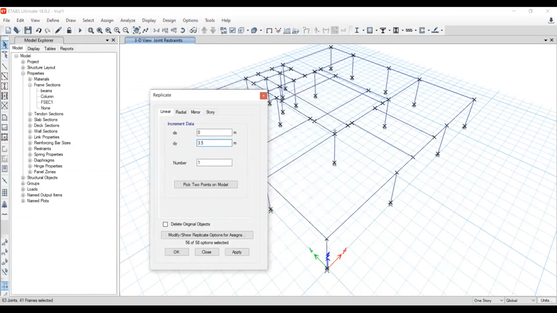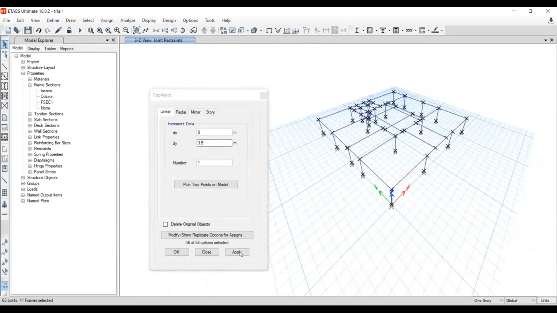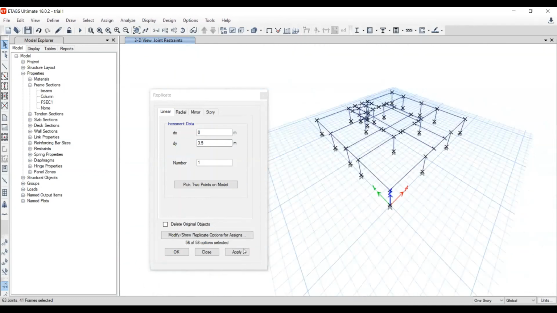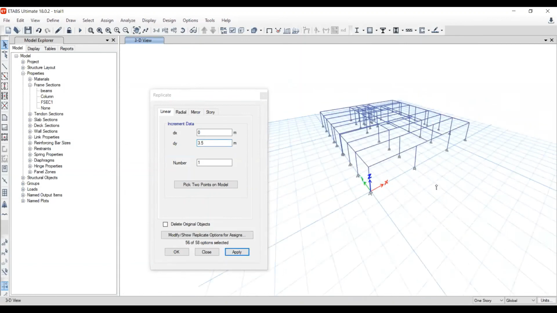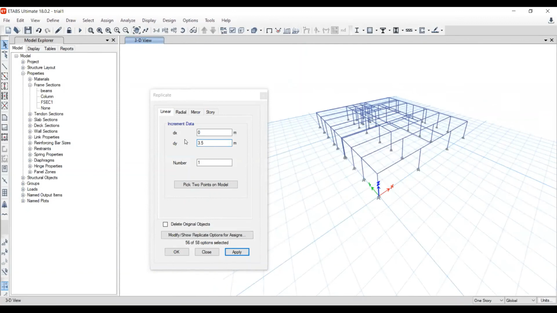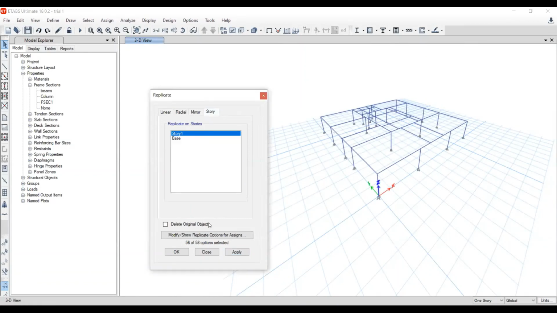you can see over here it is showing. Sorry, this is the story, right? Modify story list.